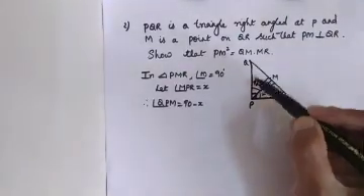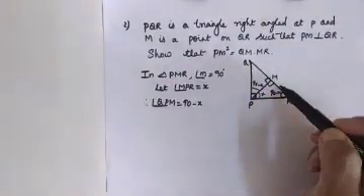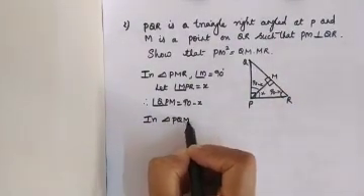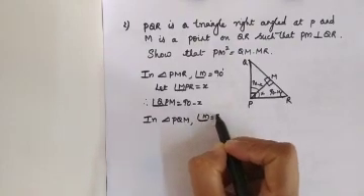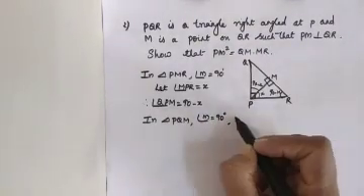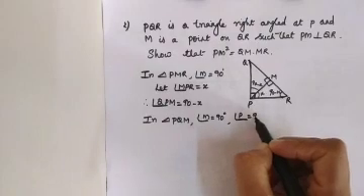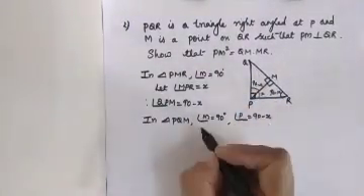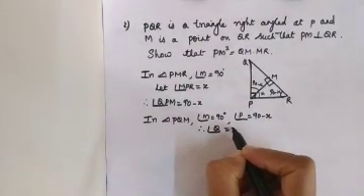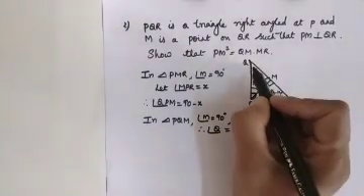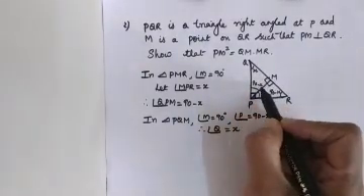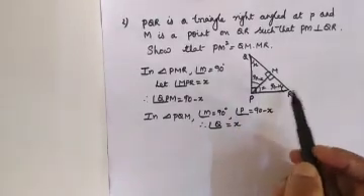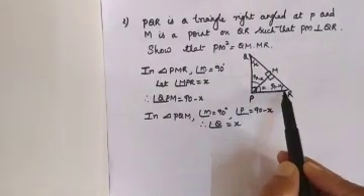Same way, consider this triangle here. In triangle PQM, angle M is 90 degrees and angle P is 90 minus x. Just now you have got. So what will be the remaining? The remaining angle will be x only, because see here this will be x. x and minus x get cancelled. 90 plus 90, 180. That is how you will find all the angles. So take one as x, so the other will be 90 minus x.